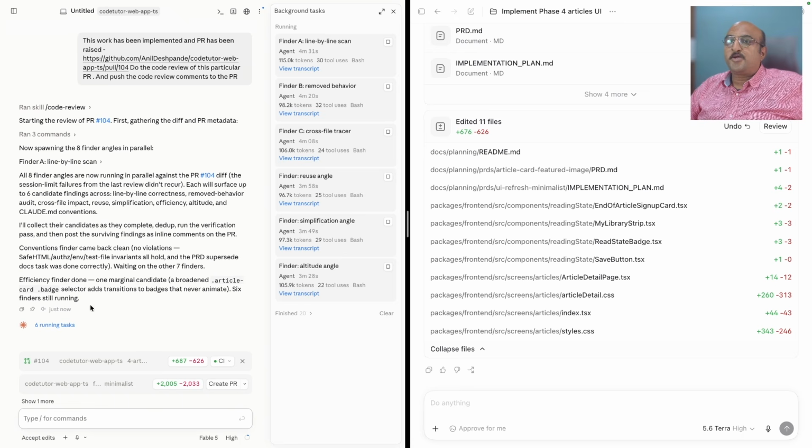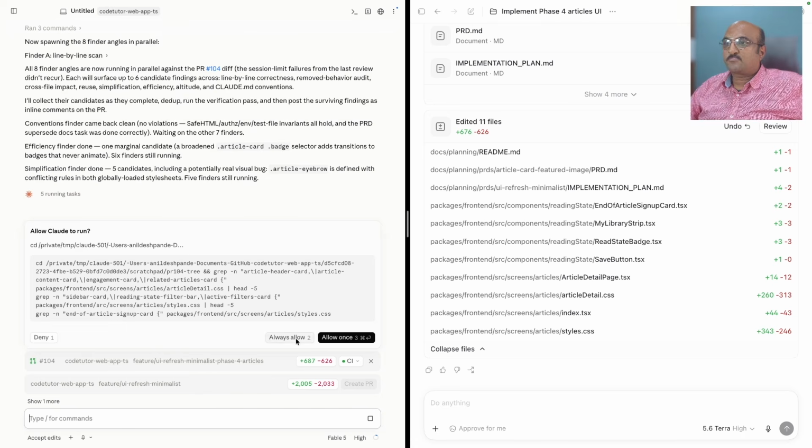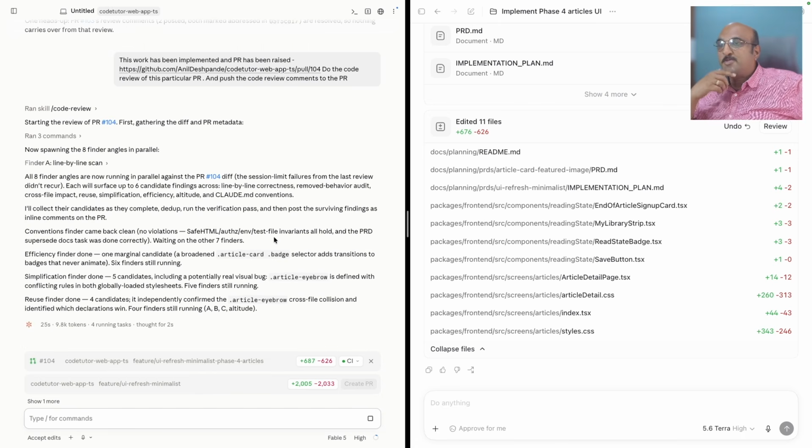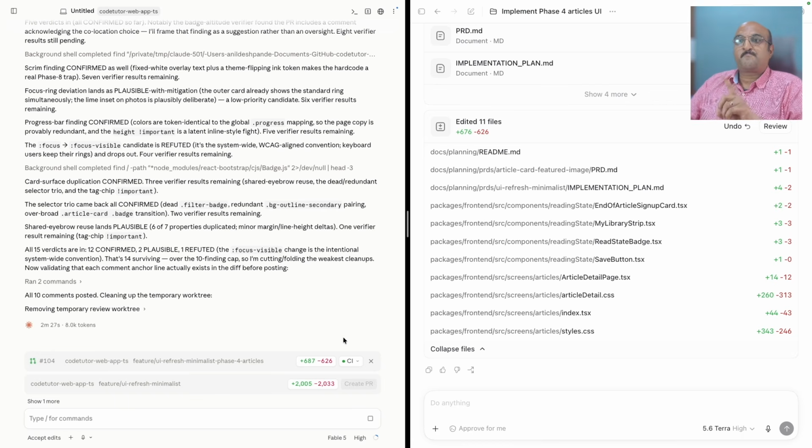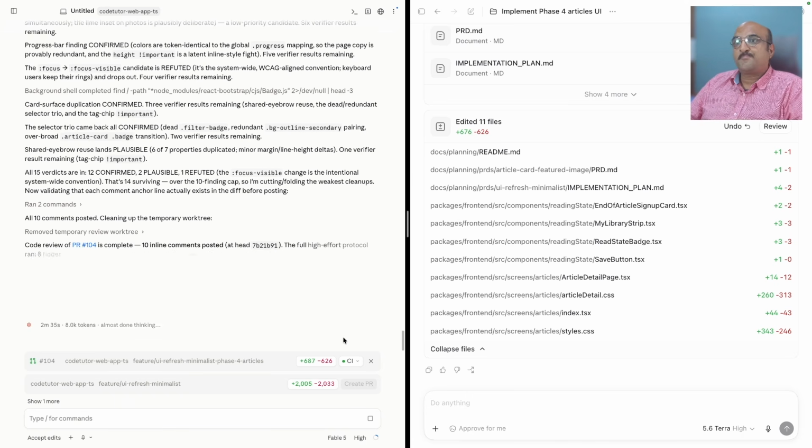So you can see that it has spawned off around 6 subagents to do its work. The Fable is actually very good at it. It automatically spawns multiple subagents to do the work. Same is the case with Sol, that is Codex Sol. So now you can see that it is posting review comments on the PR. So it completed the code review process and it has found out some issues in that particular PR, and it is going to post those comments in the PR inline.